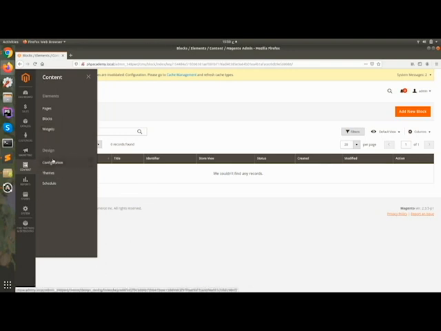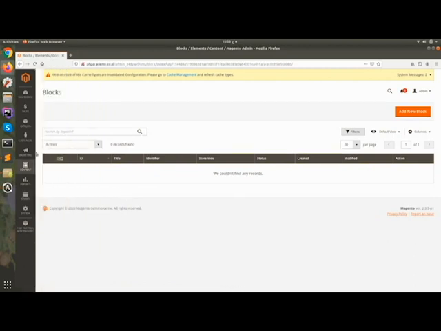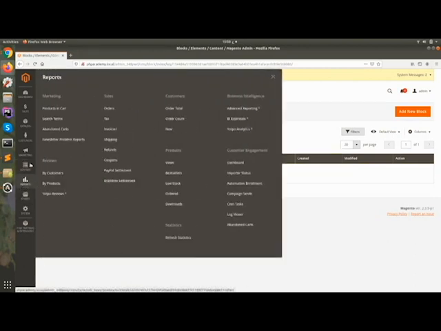Then from here you can manage the designs, like if you are creating a new theme, you can manage it from here. If you want to schedule the designs based on the occasions, you can also schedule it from here. Okay, we will cover this topic also in our next video. From here you can manage all types of reports like marketing report, sales report, customers report, everything you can manage from here.